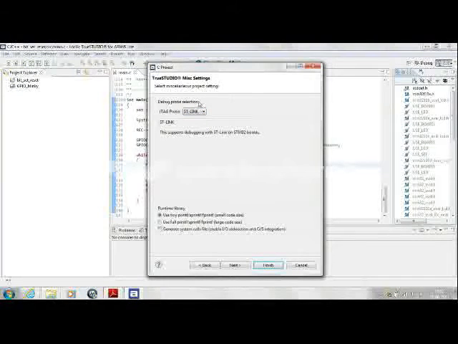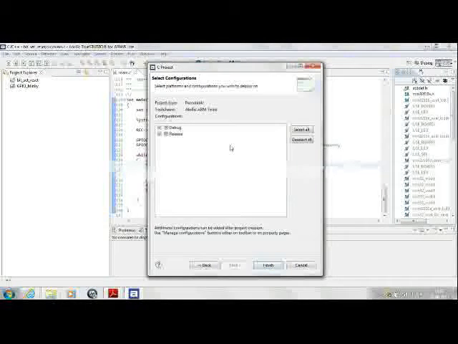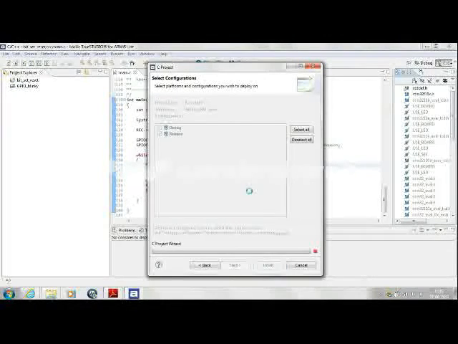Now this is the screen where it asks what kind of debug probe you are going to use. We'll be using the ST-Link. You have other options as well if you have installed those options, that is if you have a JTAG probe. The discovery board has an inbuilt ST-Link, so we'll be using that. Go to next. And for other configurations you want to have, this is good enough. We'll select finish for now.